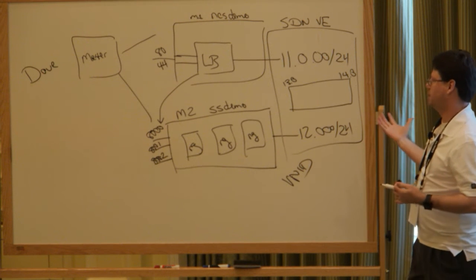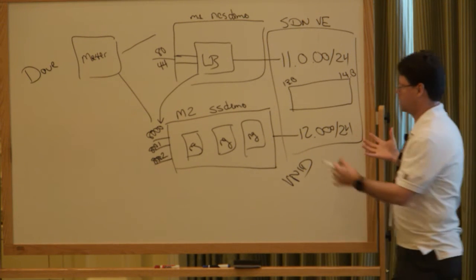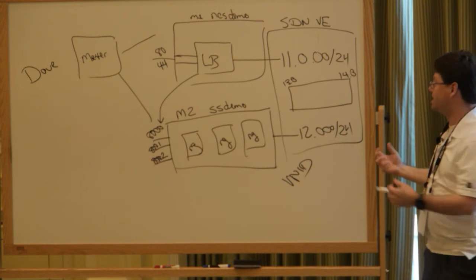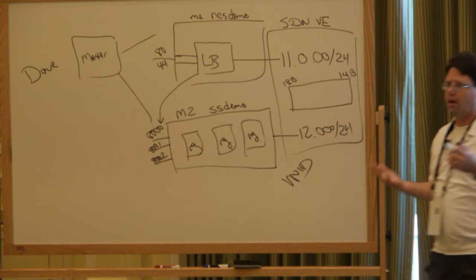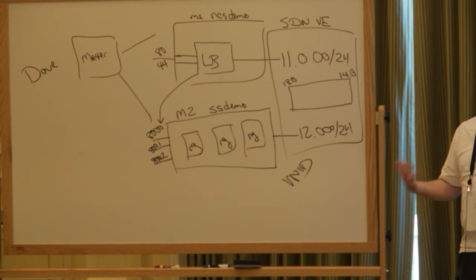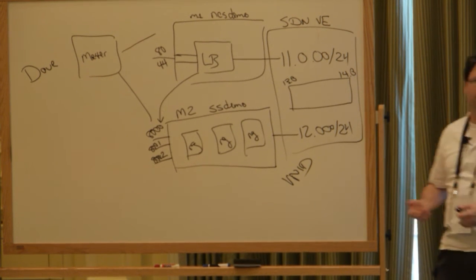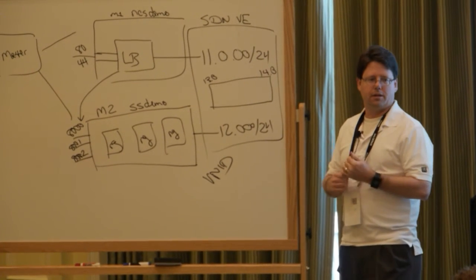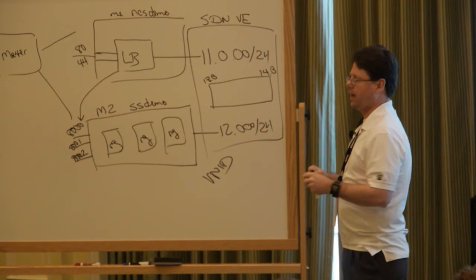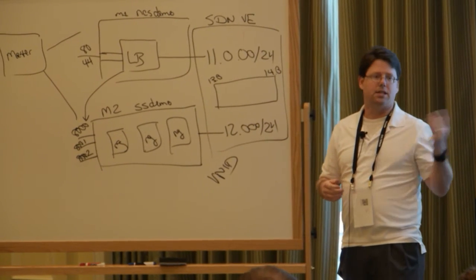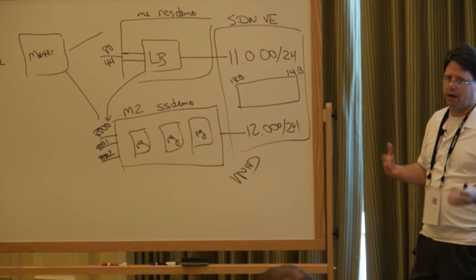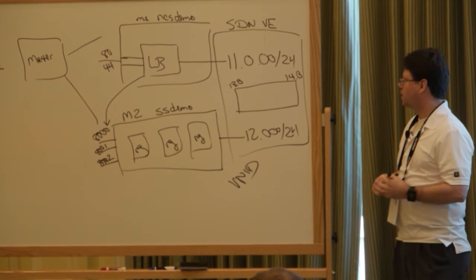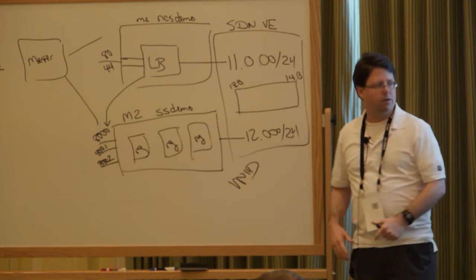And one of the neat things about this is, like what Siva was saying, you can just kind of pick this network up and move it somewhere else. Or you can create a second tenant that's a clone of this network. And so you're not running around reconfiguring DHCP servers and doing all the other stuff that network guys like to do. It's much easier to handle a large infrastructure. And like Siva said, it's very secure. That traffic is not available to be sniffed. SDN-VE handles all that stuff for you. So this is kind of a quick overview, and then